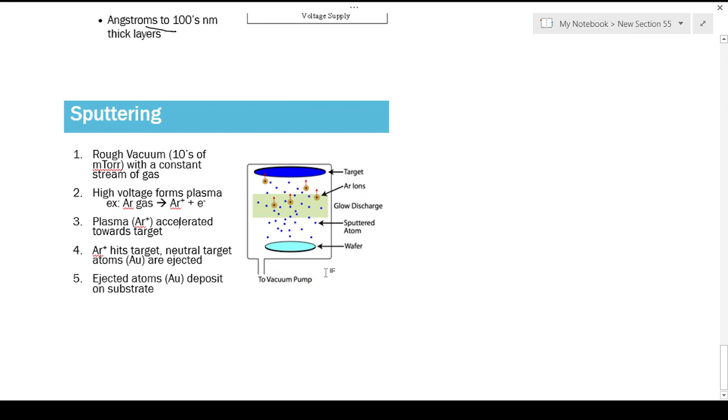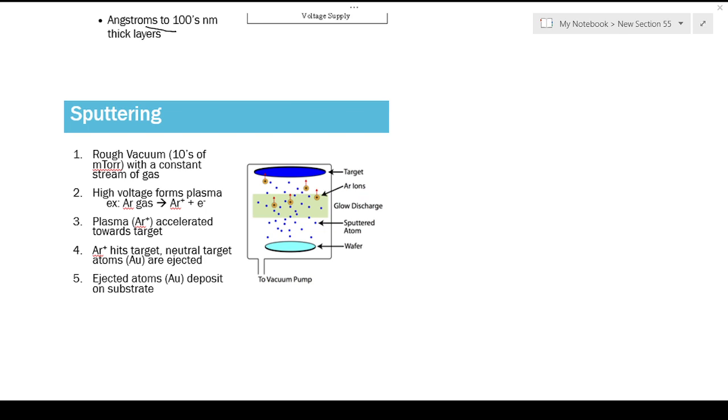Okay, so sputtering is basically when the materials will be ejected from the wafer and will be deposited on the substrate. So that's the process we call sputtering. Okay, now there is another